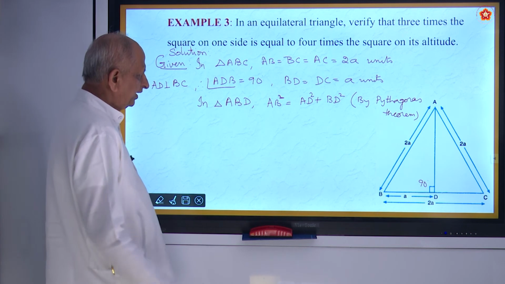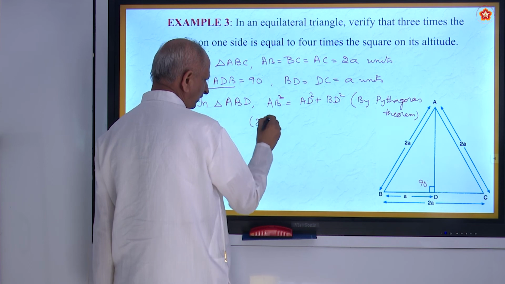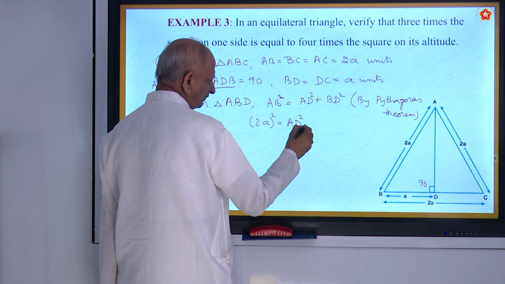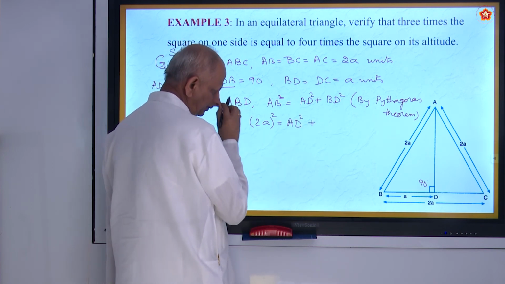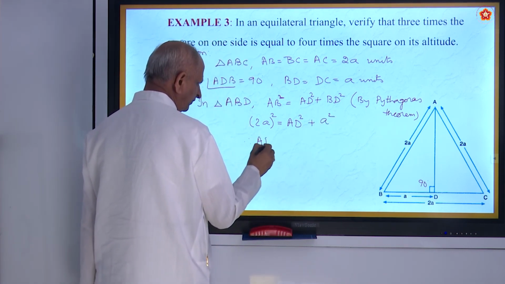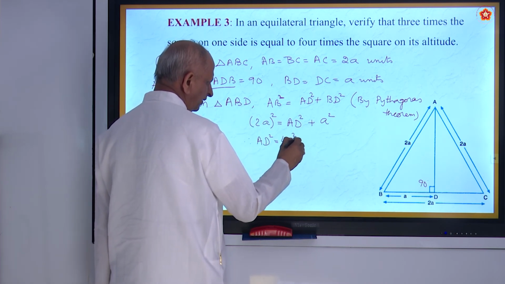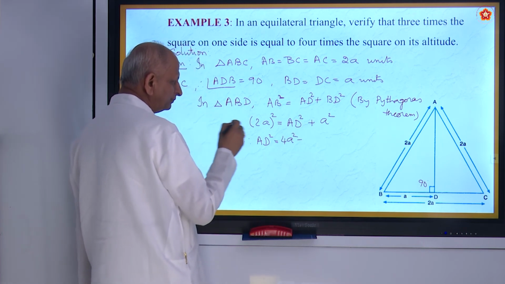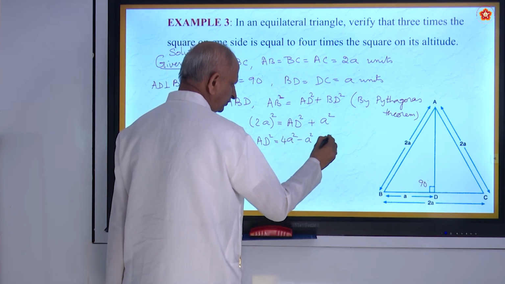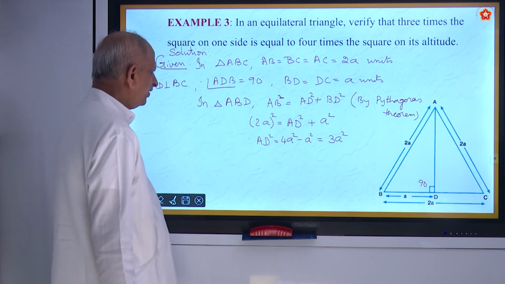So, AB square, AB is already done, 2A square. AD square, they are asking, we have to find out AD square. Plus BD is A square. So, AD square becomes 2A whole square, that is 4A square minus this A square. It becomes 3A square. So, length of AD